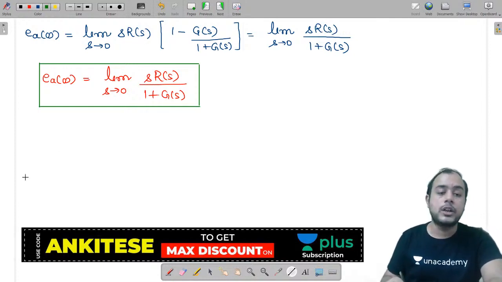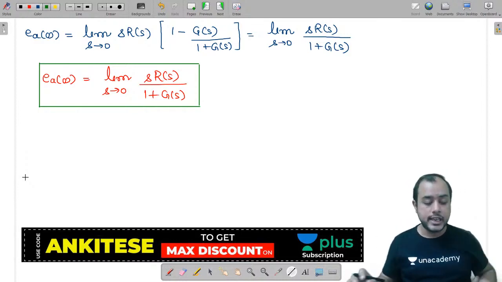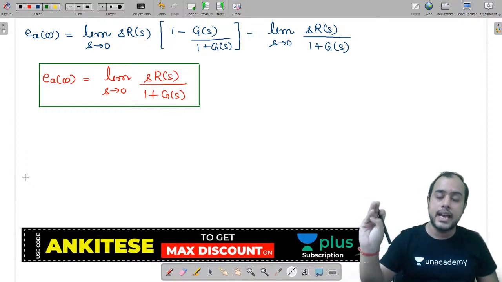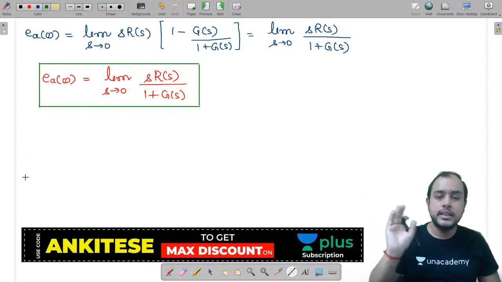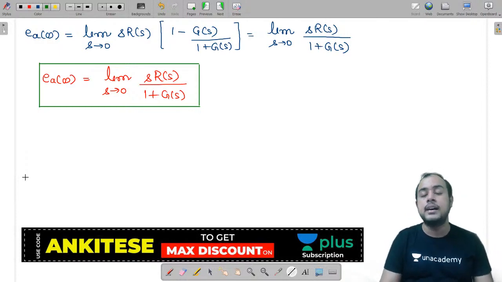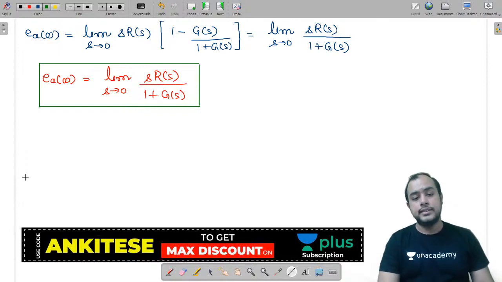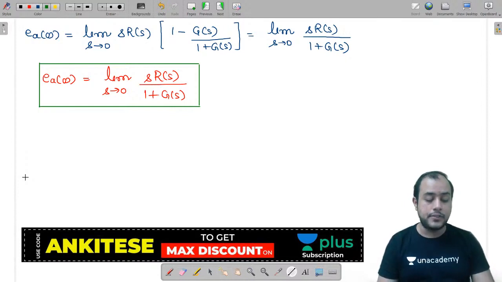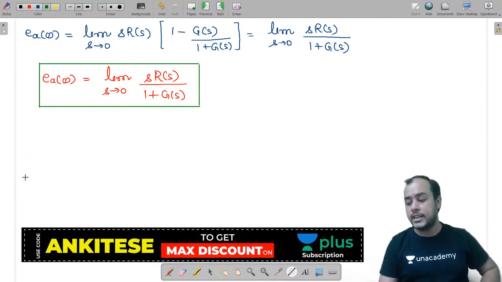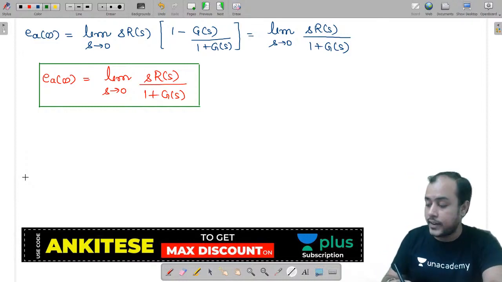Now what we have to do? Now we will take different values of R(s). I initially itself told you that what you have to do is, you have to take different input signals like impulse, step, ramp, parabolic. These functions we studied, and I also told you that these are called as the singularity function. And now we will apply the singularity function and try to figure out the error.